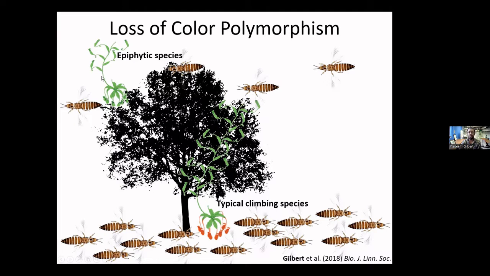But because an epiphyte starts arboreally, both pitcher morphs are in the same microenvironment, and thus there's not this differential herbivore pressure. So if that makes sense, that is what I'm thinking for the evolution of color polymorphism in